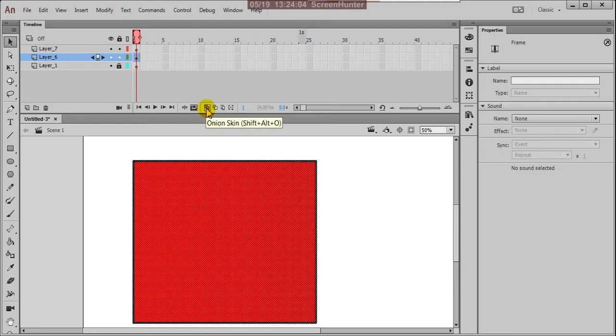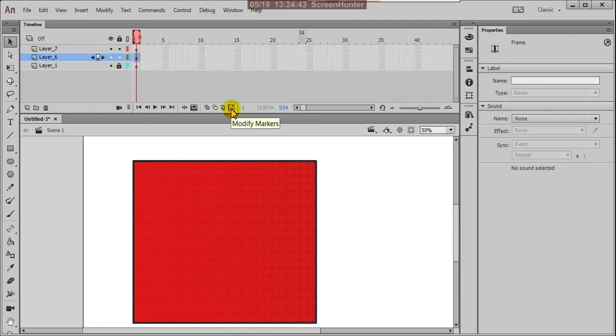And here it is onion skin. Onion skin is very helpful. It creates transparency. When you trace, when you animate things, we want to see the underlayer drawing, or otherwise the previous drawing. In that case we have to use this onion skin. I'll explain about this deeply. And the same onion skin outline here, the edit multiple frames. At a time, if you want to edit many frames, you can use this.